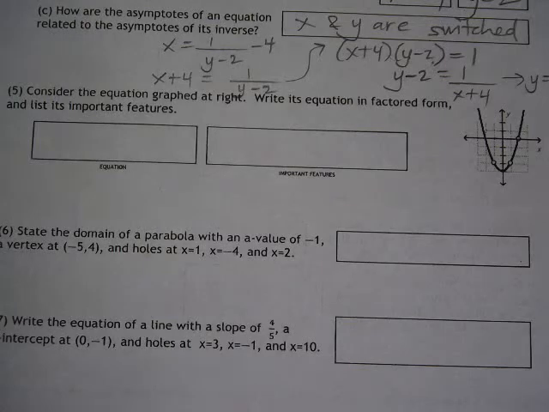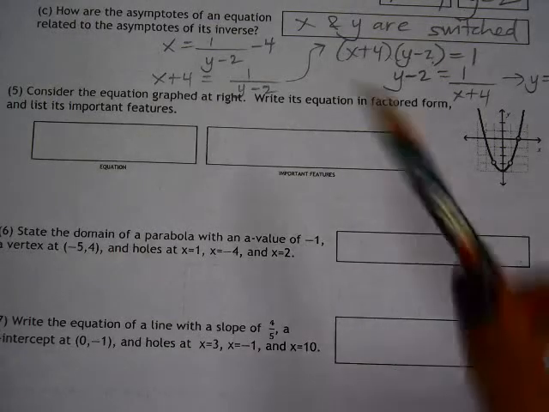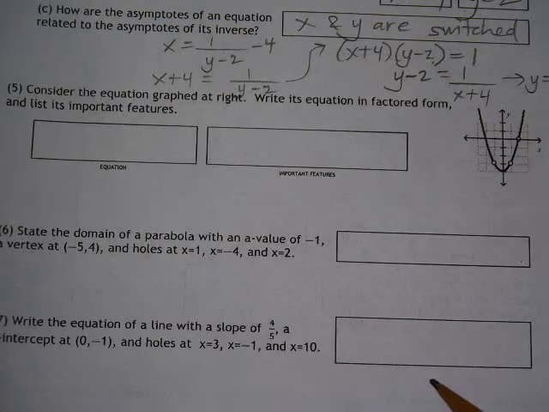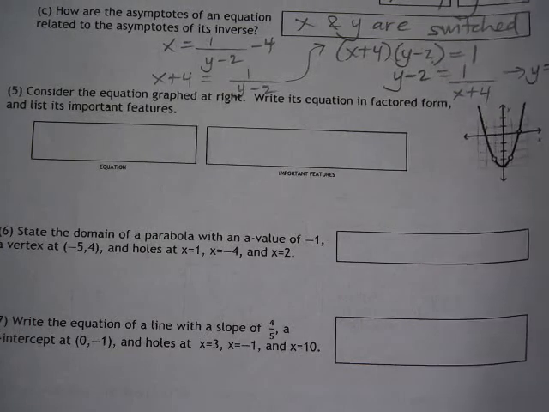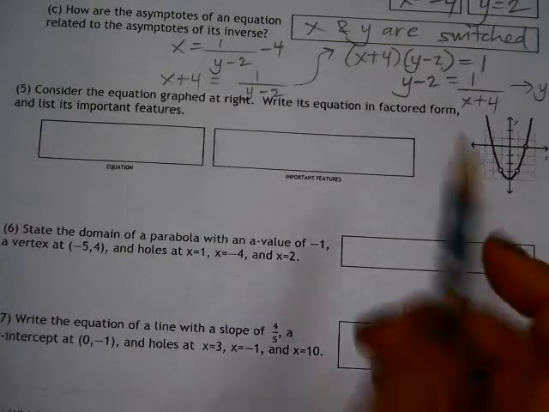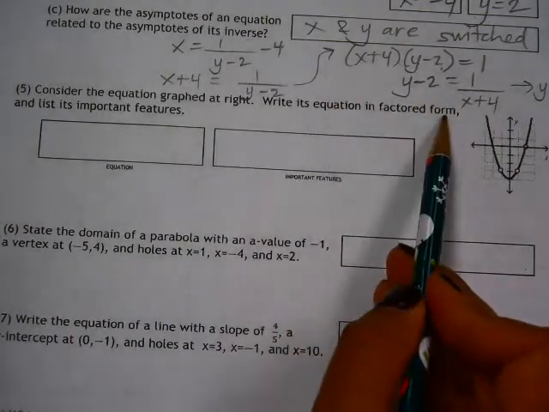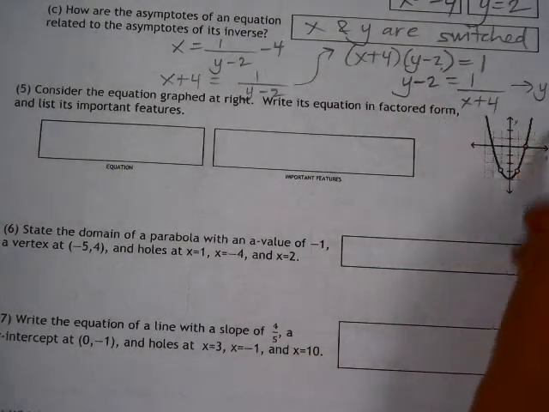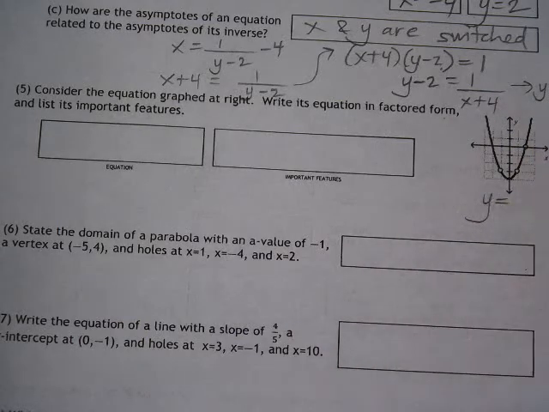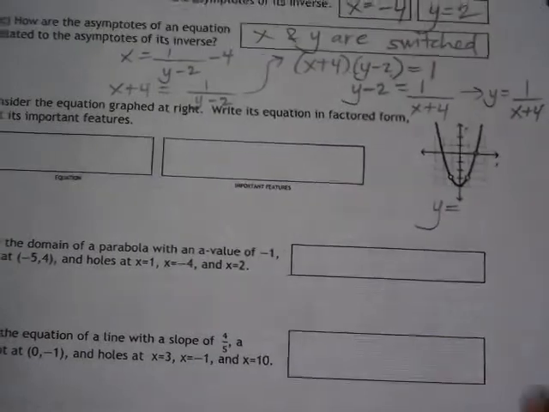In this video, we're going to look at 5 through 8. All of these have to do with holes of graphs, as well as the resulting domain due to the holes. So in this case, we're going to write the equation in factored form. We have a parabola. We know that the original equation of the parabola without the holes would be